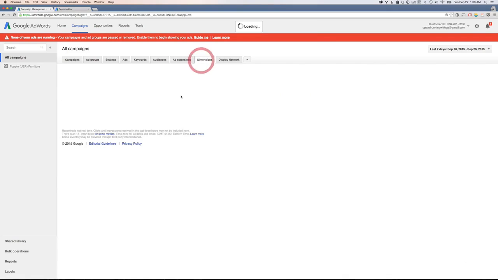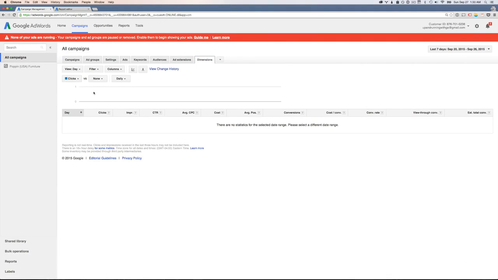The dimensions tab over here is going to show us data broken down by different segments that we don't have available in other places in the account. The view button is where I'm going to select how I want to see my data. Do I want to view it by top movers, which keywords are generating the highest click-through rates and the highest cost? I could view my information by geographic location, by the search terms. I could see a lot of different information in this dimensions tab, and once again, we're going to go ahead